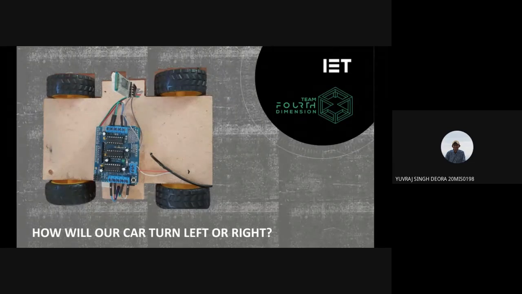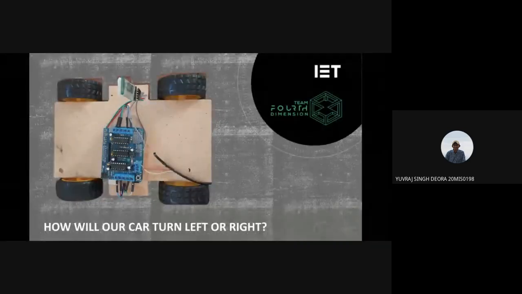Can anyone tell how many motors the toy cars have inside them? Okay, I'm getting some answers.